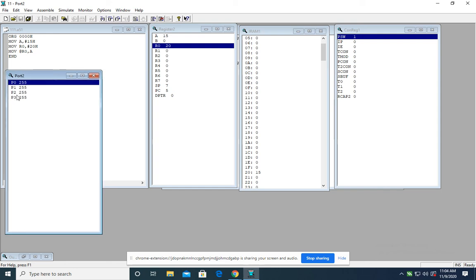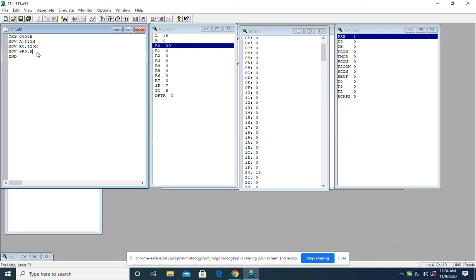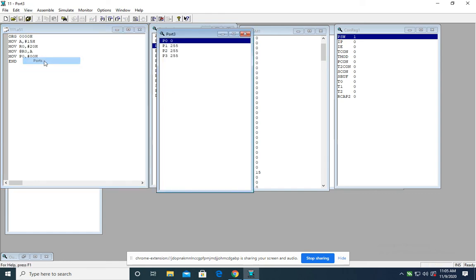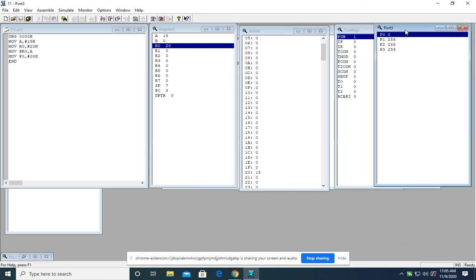If you want to make it output, you should load port with 00 value. So here I will do that. Port 0 I want to make it output, so I will load this with 00. So again I will save it and go for assembling. Okay, and by pressing F10 on the keyboard, I will debug this program instruction-wise. So here you can see the same will happen, and port 0 contents will become 00. So I will view this port contents. So here you can see port contents are becoming 0.